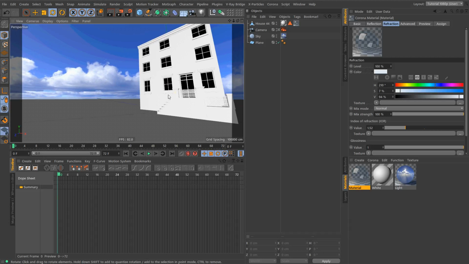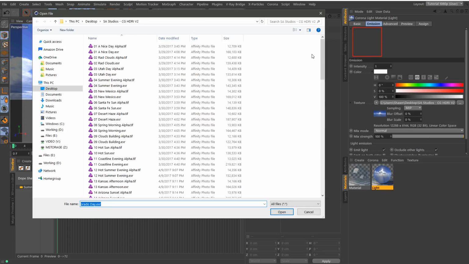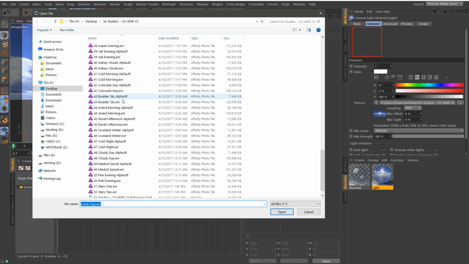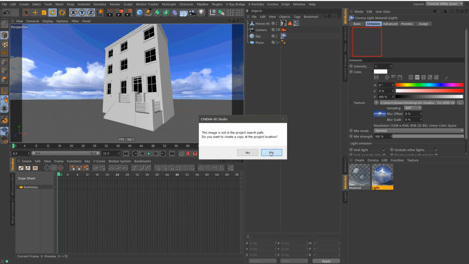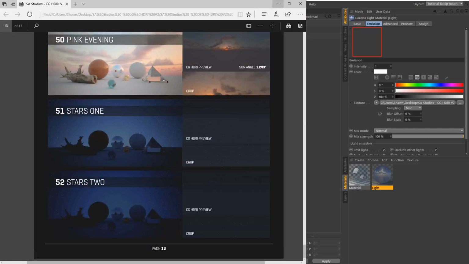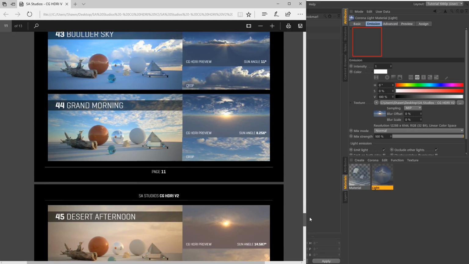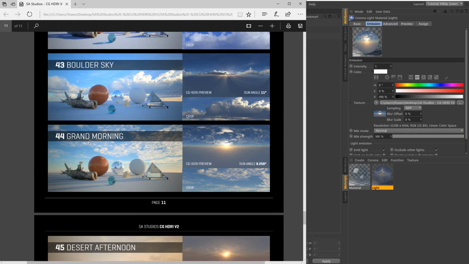But let's hop out here, and I'm going to load in another sky here. I'm going to get rid of that material there. One I wanted to show you guys was this grand morning. Now, this is a great example of one that works well with the fake cloud shadows. Now, obviously not all of them are going to work with the fake cloud shadows, but this one works great